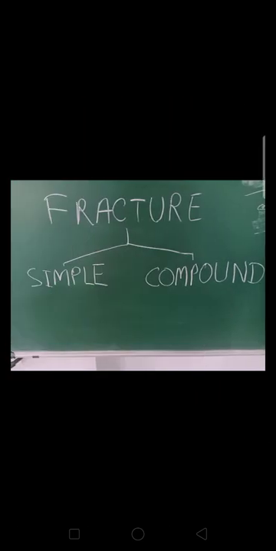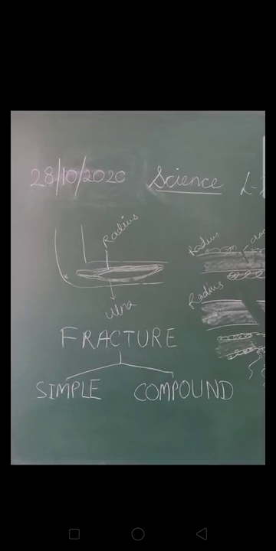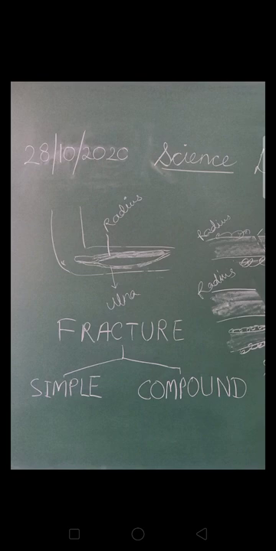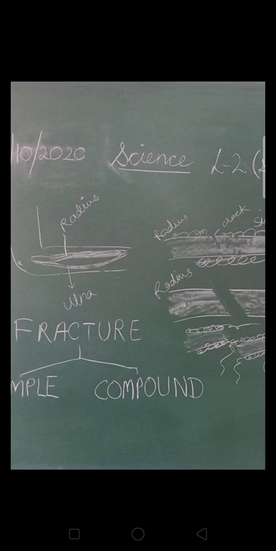Now, let's take an example of your upper arm. Suppose this is your arm, and in the lower part of your arm, that is between the elbow and the wrist, we have studied before in the chapter skeletal system that there are two bones between the elbow and the wrist, that is the radius and the ulna. Suppose you are having a fracture in the radius, you fall down while playing and you get severe pain in your bone.